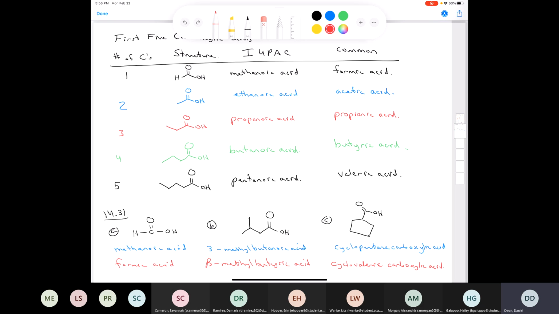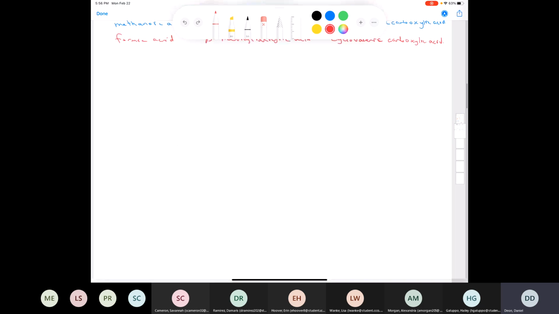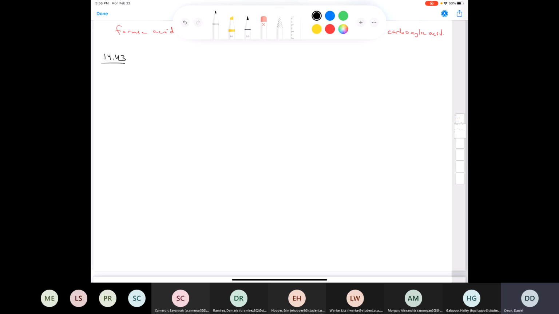Let's do question 14.43. This is a good one. Yeah, I like these kind of conceptual questions where I just ask you to explain a concept. So question 14.43, if you look at our book, it says, write the general equation showing the dissociation of a carboxylic acid in water. Okay, now to answer this problem,